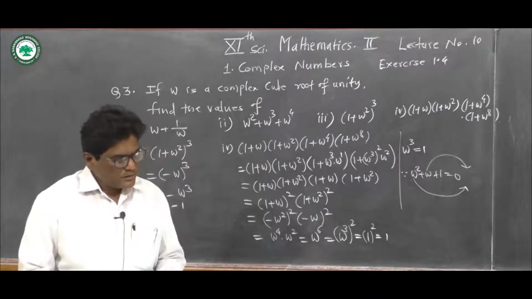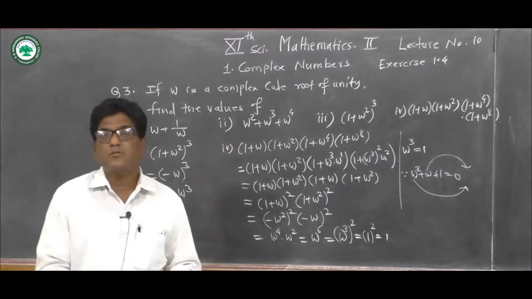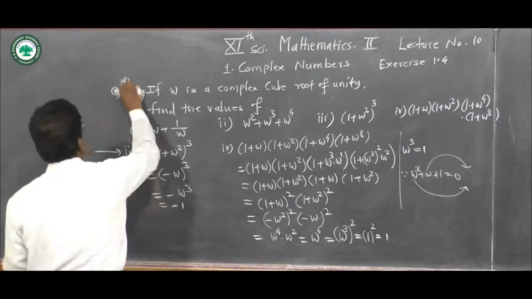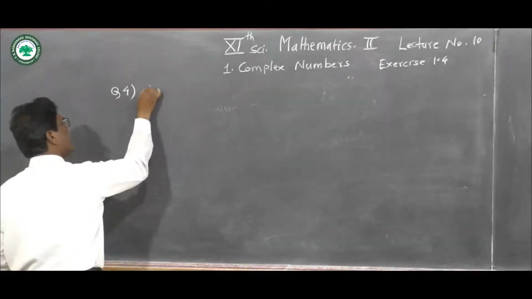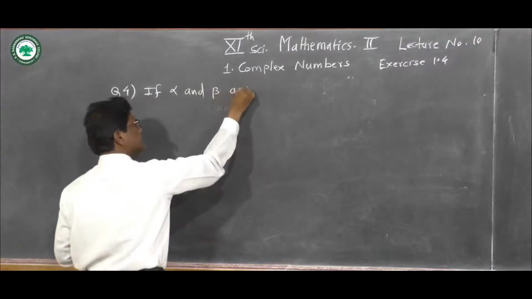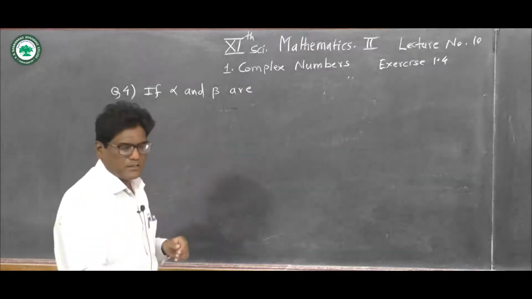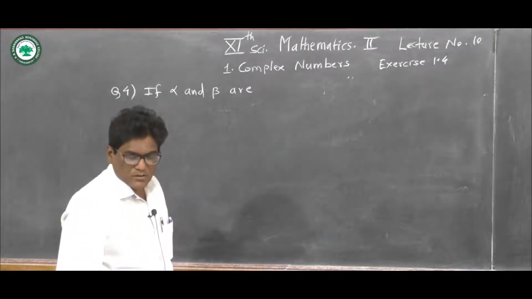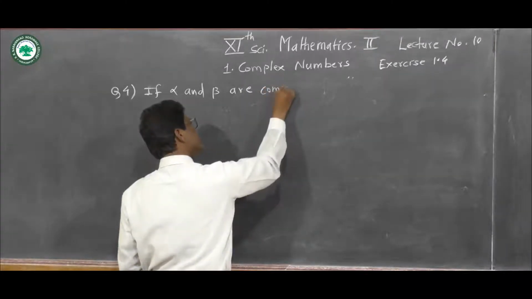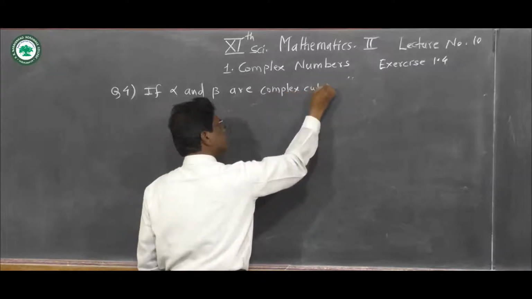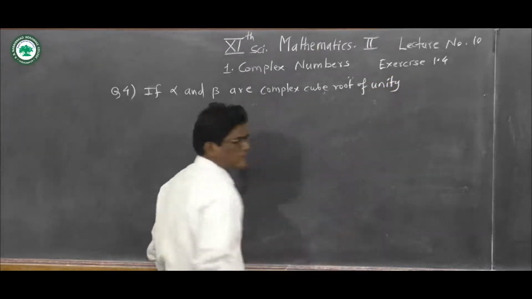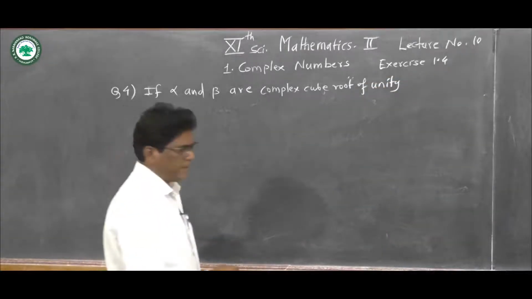And now we have completed question number 3rd. Now we see question number 4th. If alpha and beta are complex cube roots of unity, then show that